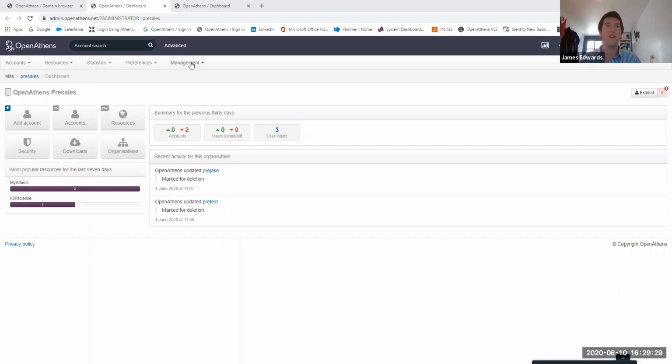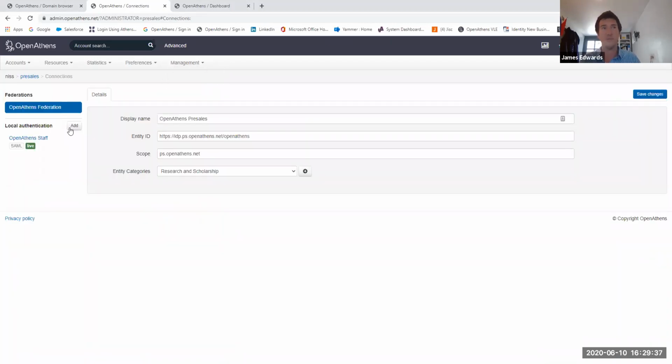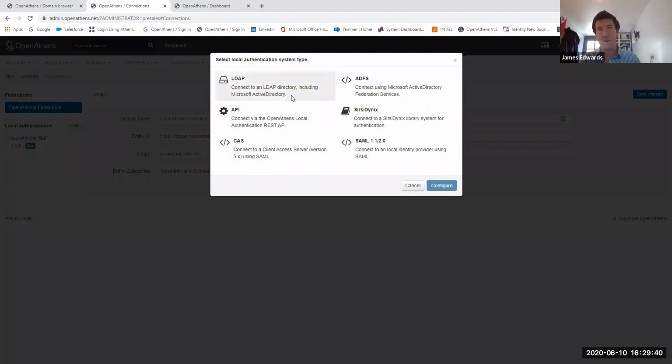If I go to the management tab here, just to show you how that connection's done, we go to management, connections, and we've got local authentication. If I click add, a number of preset connectors come up. This covers a wide range. ADFS is the Microsoft one. Now we're looking at more of the Azure way. We can use LDAP if required, and some other ones here. But really, the underlying technology in most of this is SAML 2.0, and that's how it's going to work. There are many directories out there we can work with as long as they use that technology. It is a global standard, so most of them will in some way.